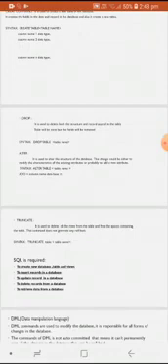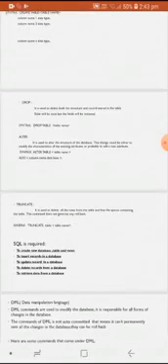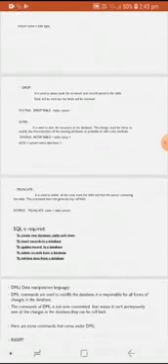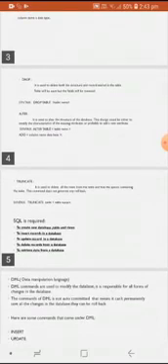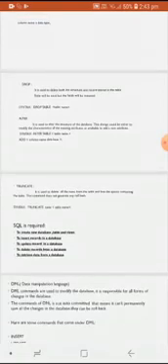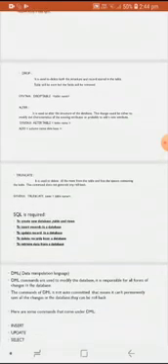This change could be either to modify the characteristics of an existing attribute or to add a new attribute. The use of this alter command is that it allows us to modify the structure of the data, and it also adds additional columns, drops an entire existing column, and even changes the data type of a column. So now let us look at the syntax. The syntax for the alter is alter table, table name, add column name data type. In this syntax, I am just adding the column name for a particular table.